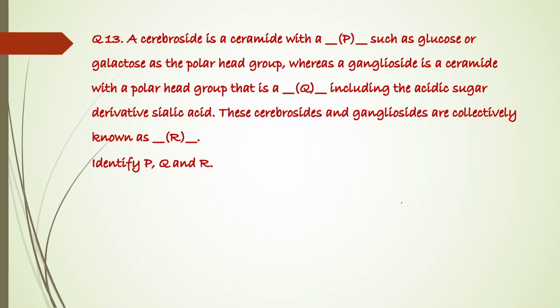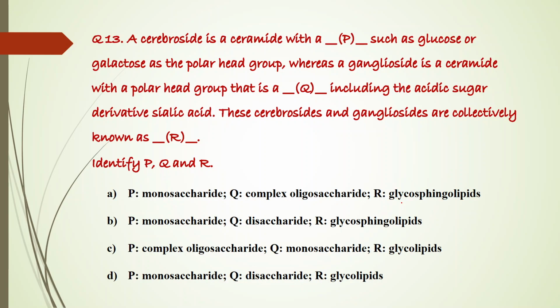A cerebrocyte, question number 13, it states, a cerebrocyte is a ceramide with a blank, such as glucose or galactose, as the polar head groups, whereas a gangliocyte is a ceramide with a polar head group that includes acidic sugar, like sialic acid. These cerebrocytes and gangliocytes are collectively known as what? So first of all, what we need to remember is what ceramide was,